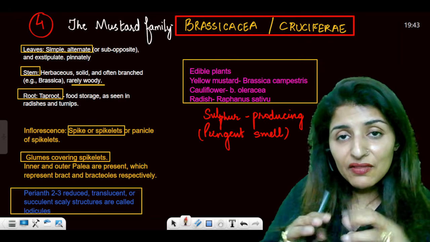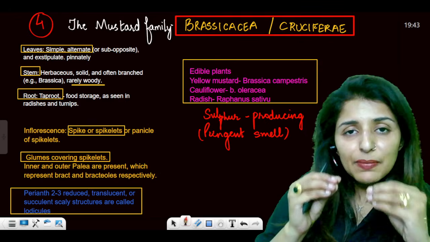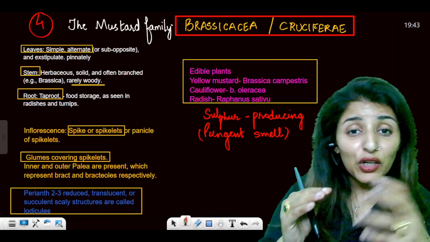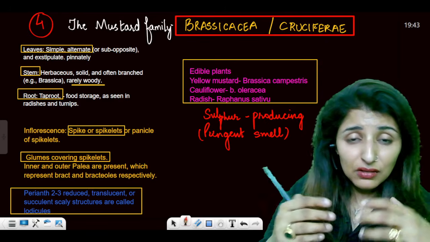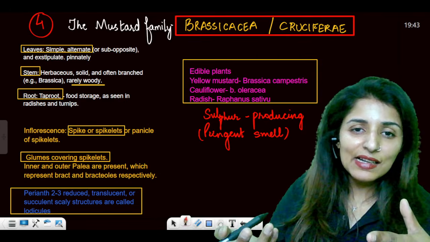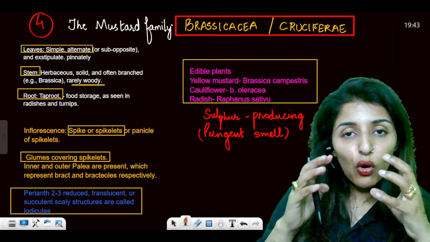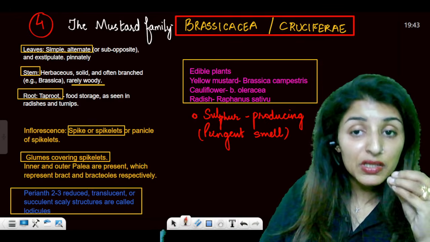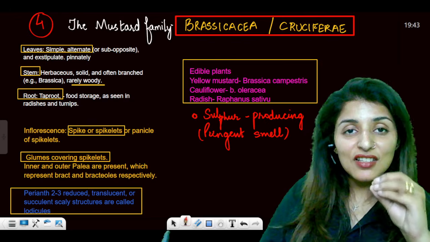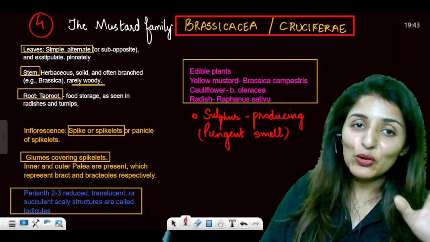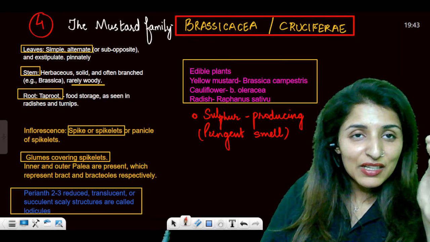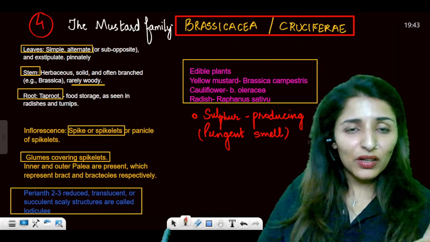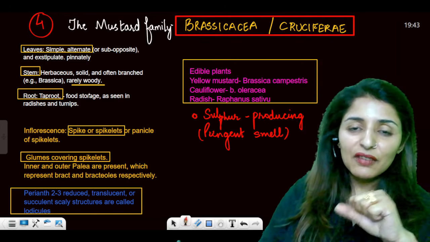Now, this Brassicaceae family can be easily identified. The members of the Brassicaceae family have a very pungent smell. You know, when you're cooking mustard, or you're eating radish, or somebody else has eaten radish, you're eating cauliflower, broccoli, all these things, they have a pungent smell because of the presence of sulfur producing glands in them, right? So this is the clear indication they belong to the mustard family. So somebody is cooking saag or somebody is cooking mustard, right? Rye, and so it gets easily known, right? It is easily noticeable because of the sulfur production.